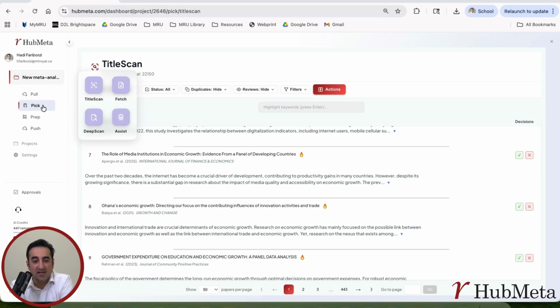That was a big time saver at the time, but of course, in the new age, we have a better tool which is called AI Assist. I'm going to talk about that